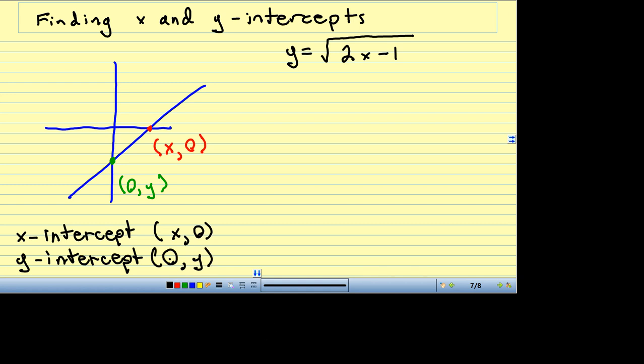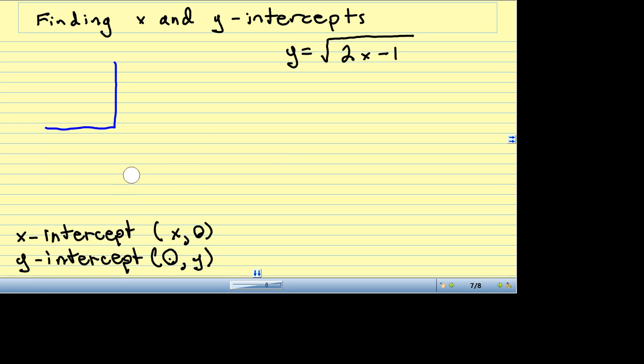So, that being the case, I'm just going to erase this part. We don't need it. To find the x and y intercepts of, let's say, this equation, y equals square root of 2x minus 1,